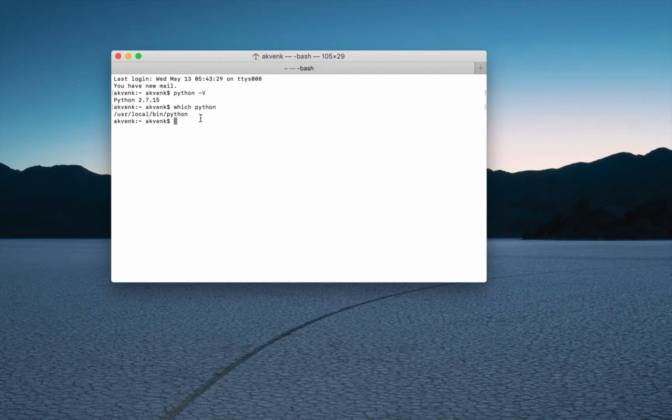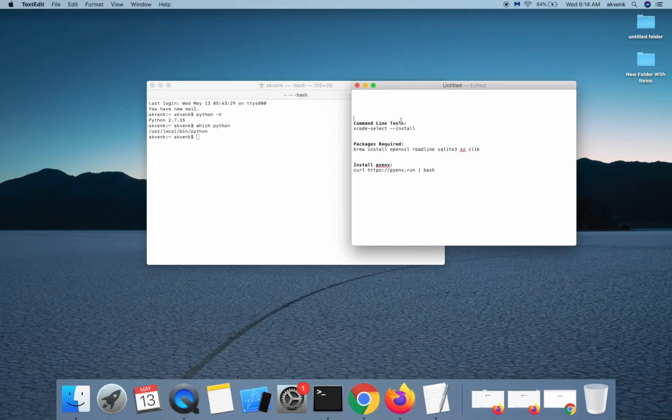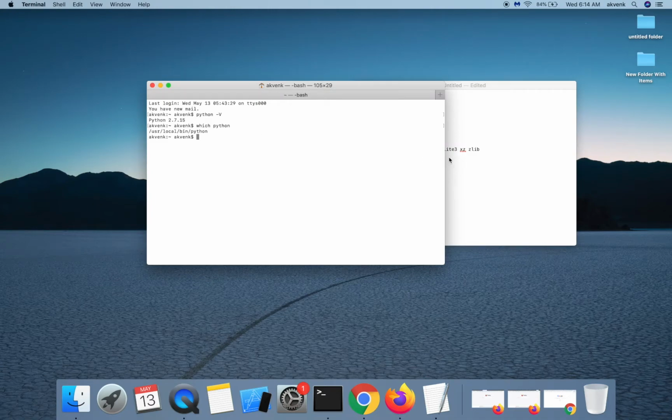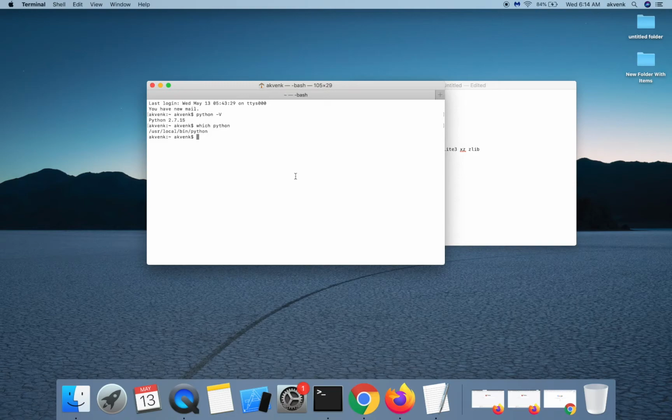Let's get started with the installation process. Before you install PyEnv itself, you are going to need some OS specific dependencies. The first one is command line tools, and the command to install that is xcode-select --install.